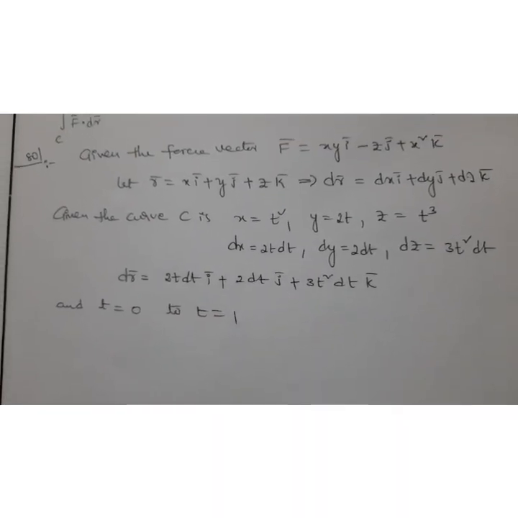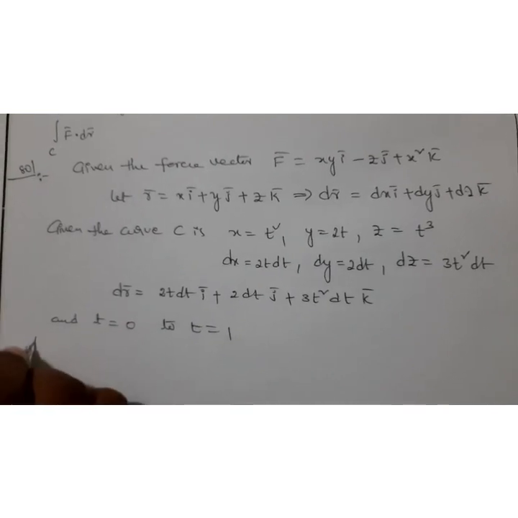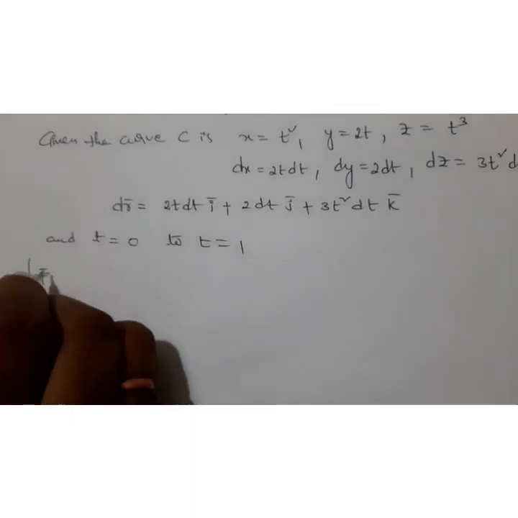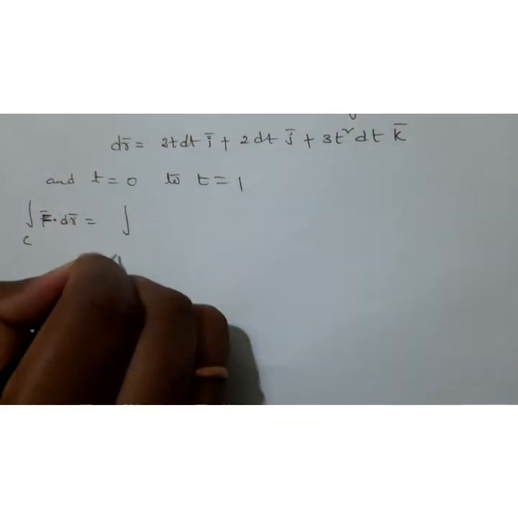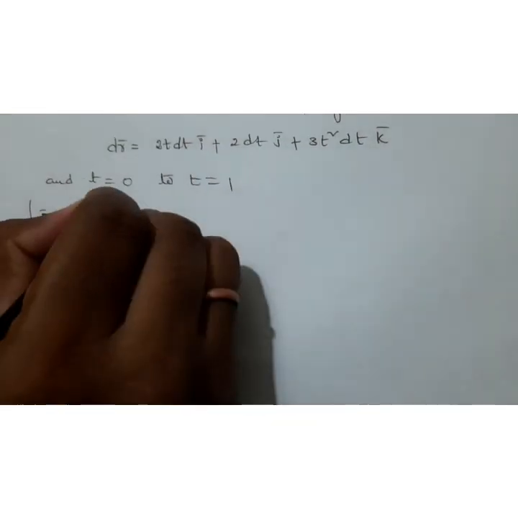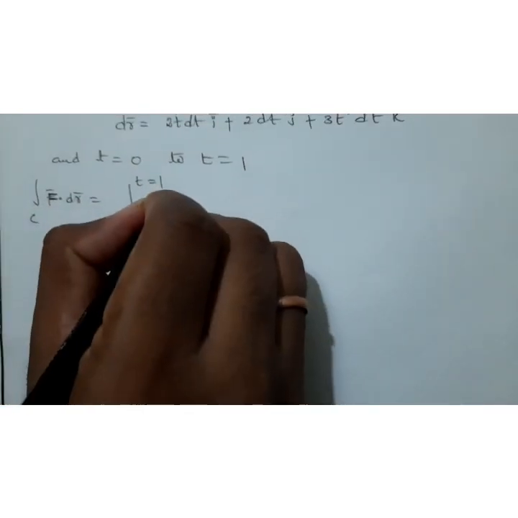The integral over C of F bar dot dr bar is equal to, we know the force vector and the t limits, t equal to 0 to 1, the F bar value is